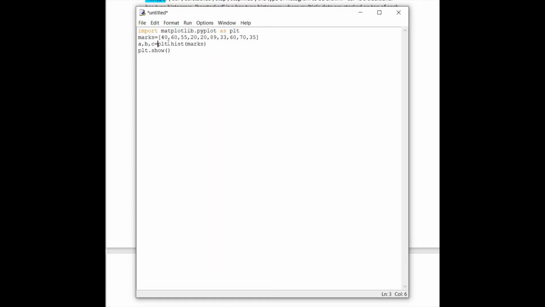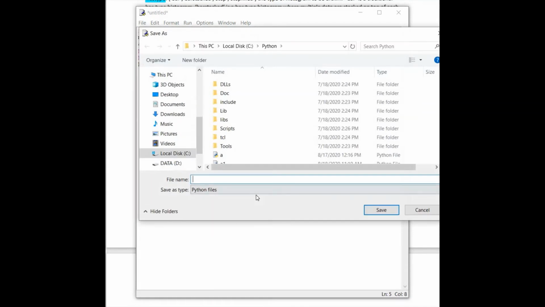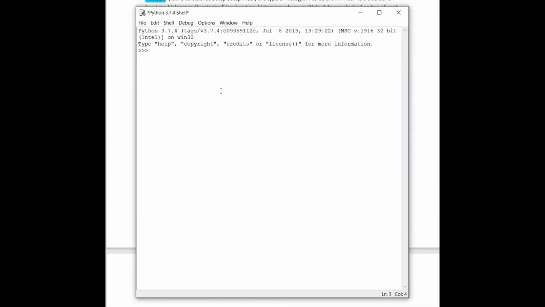The hist function returns certain information. Right now I am storing that returned information in three variables a, b, c. Actually a will tell the frequency of the elements in the ranges created in b. Let's execute it. I will give the name h1.